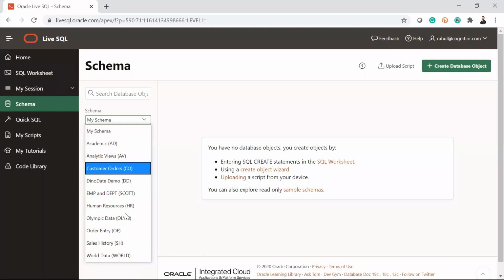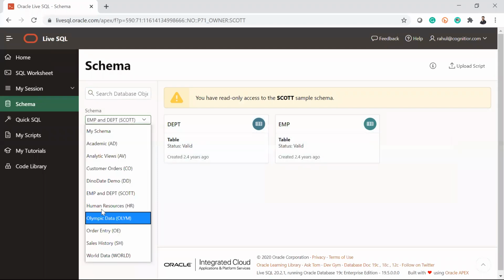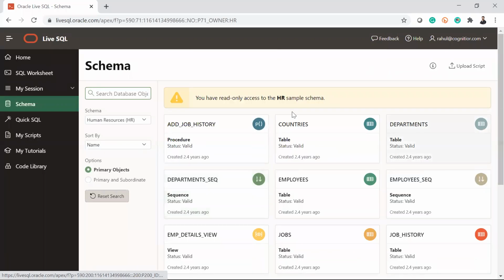So these are the various schemas we have. When I click on EMP and DPT Scott, you'll see that I have the department and employee tables. Let's say if I select human resource, HR, when I click on this HR, you will see that these are the tables already present in the current instance.